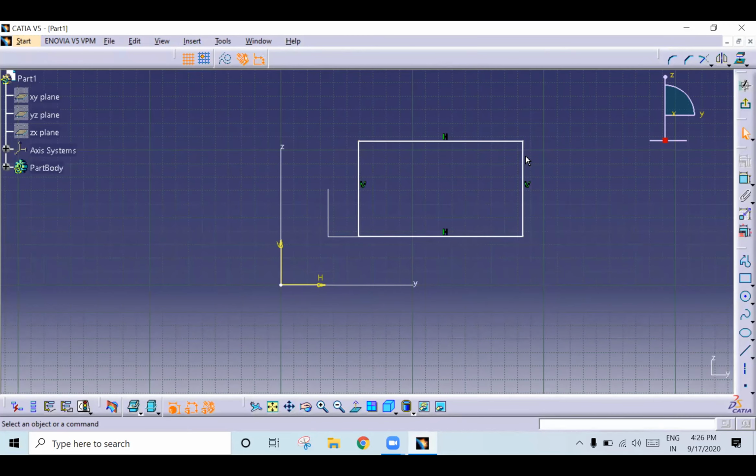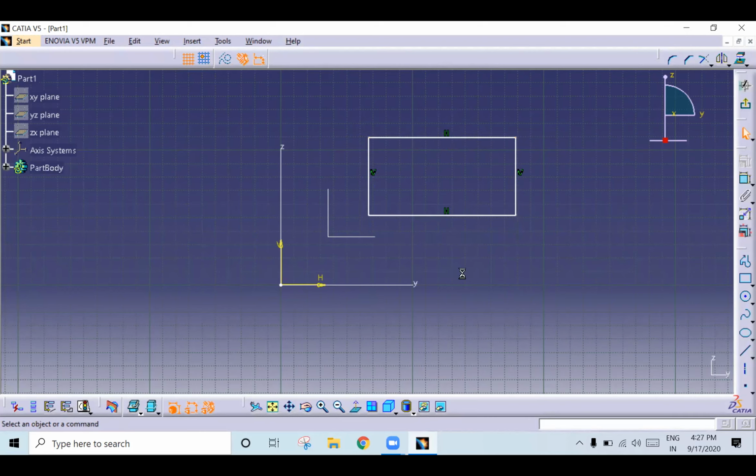Sorry, it is in white color. So you have to check this. This is not constrained. Even if you have a single point, it shows under constraint.